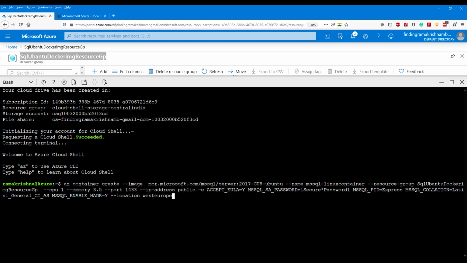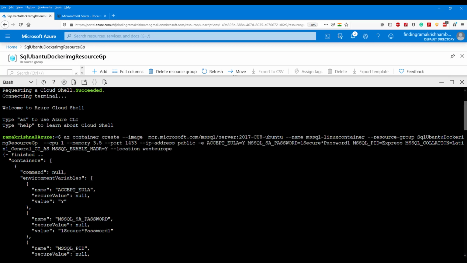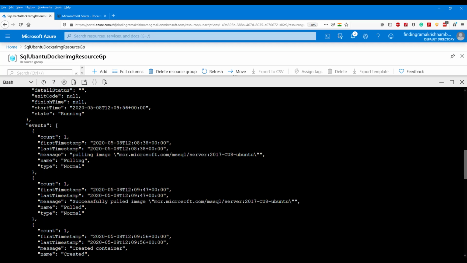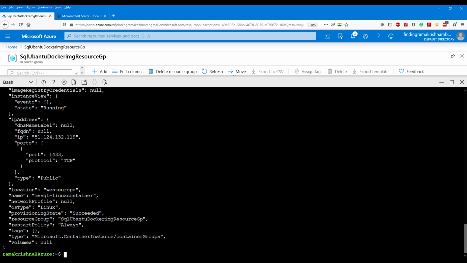Let's run this command to create a container registry along with a Docker SQL image. So Cloud Shell successfully created an Azure Container Registry along with the Docker image.